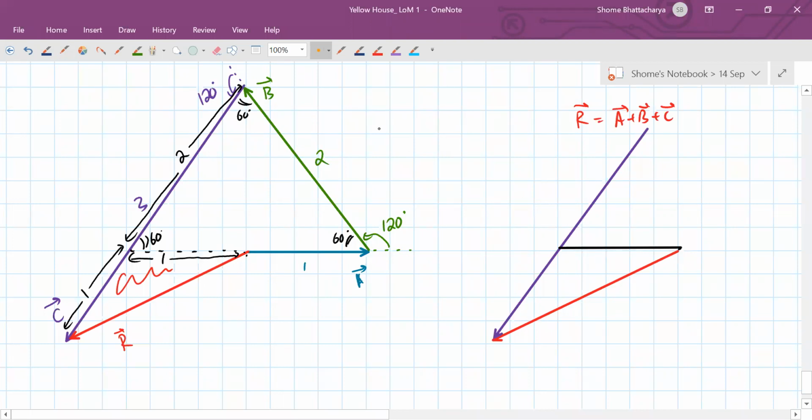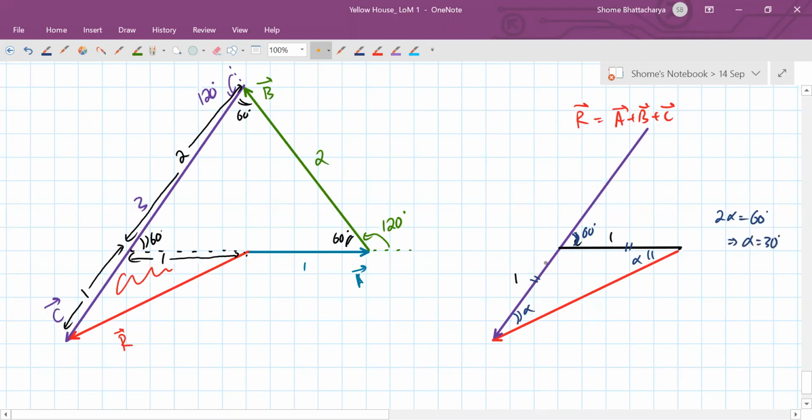This is the triangle. So in this triangle now, this is of 1, this is of 1, and this angle is 60. Now these two sides are equal, 1 and 1. So that means this angle, let's say alpha, is equal to this angle, let's say alpha. So you can see that 2 alpha is equal to 60 degrees. Therefore alpha is 30 degrees.